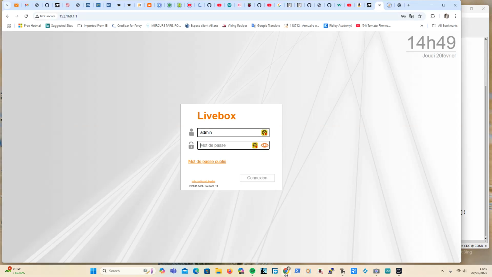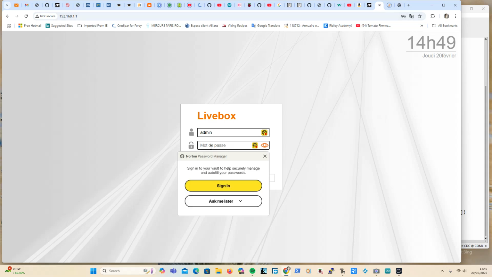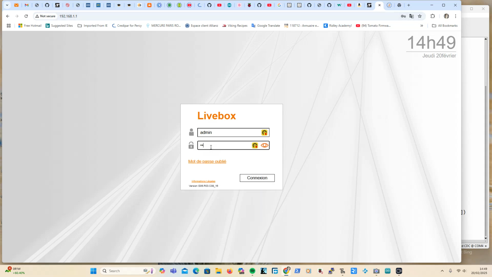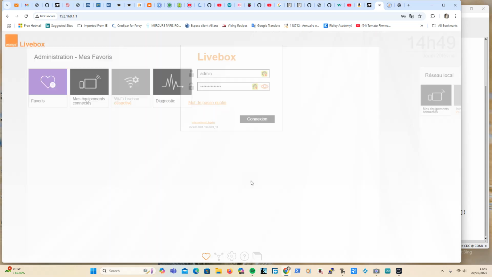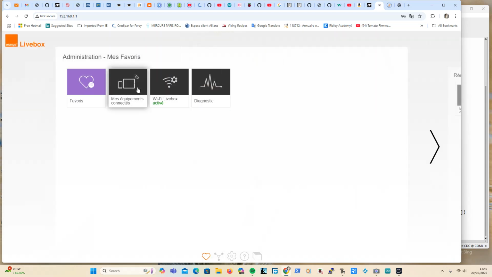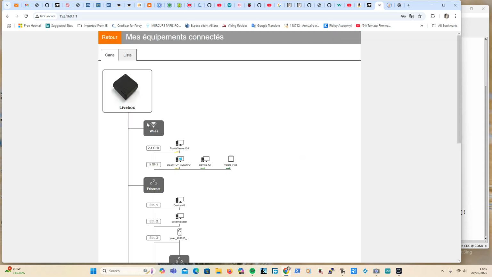If you go into the home page of your router, I just have to remember the password. Right, is that right? Yep, it's in French. My connected equipment. Right, there's the Wi-Fi connections, and if you look there,